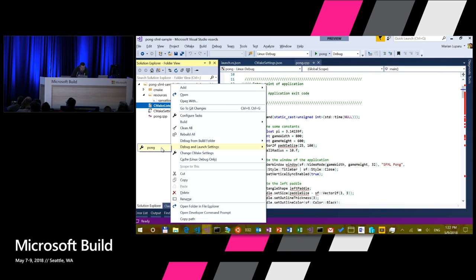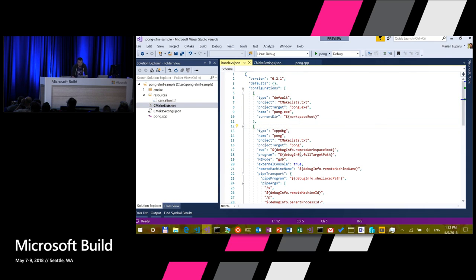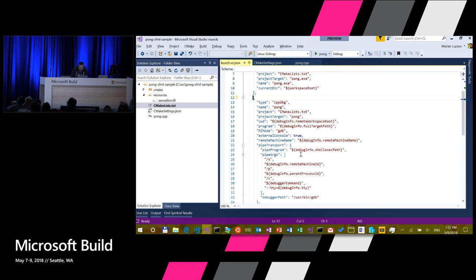So now I'm going to configure the debug session to take advantage of that information. I'm going to configure the Pong Linux CMake target now for debugging. So you're going to see a new entry here. Yes, I do want to reload. In addition to the Windows configuration, now I have a Linux debug configuration. And I just need to change the debug command. So I'll do export DISPLAY=0. And this is how in Linux, basically, you pass on additional environment variables to the process you launch. So that's the process I'm launching, debugger command. So if I hit run,